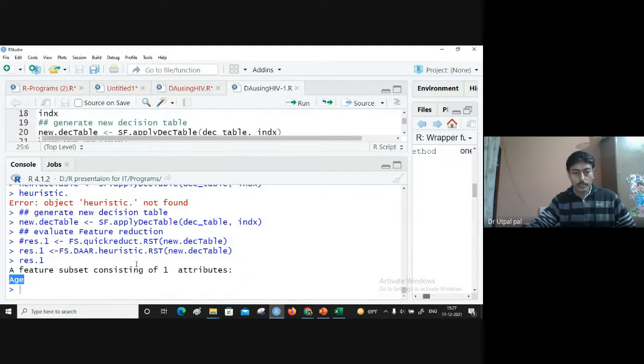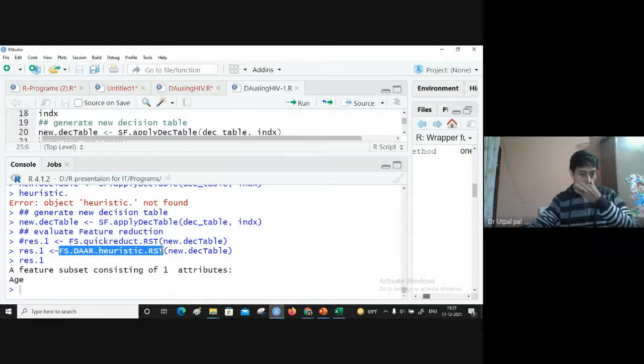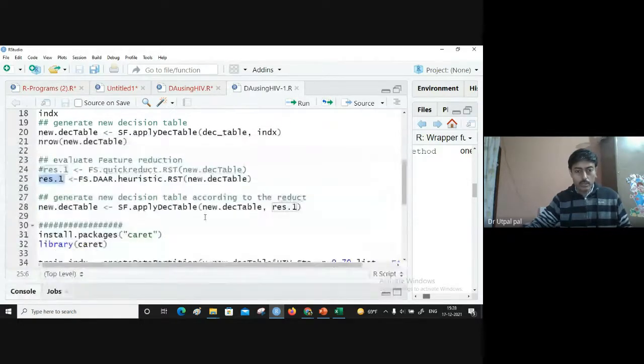That means it has considered only age as the only significant attribute as per this model. As you have seen, our earlier method considered three attributes, but here it has considered only one attribute. So it actually depends on the data set also.